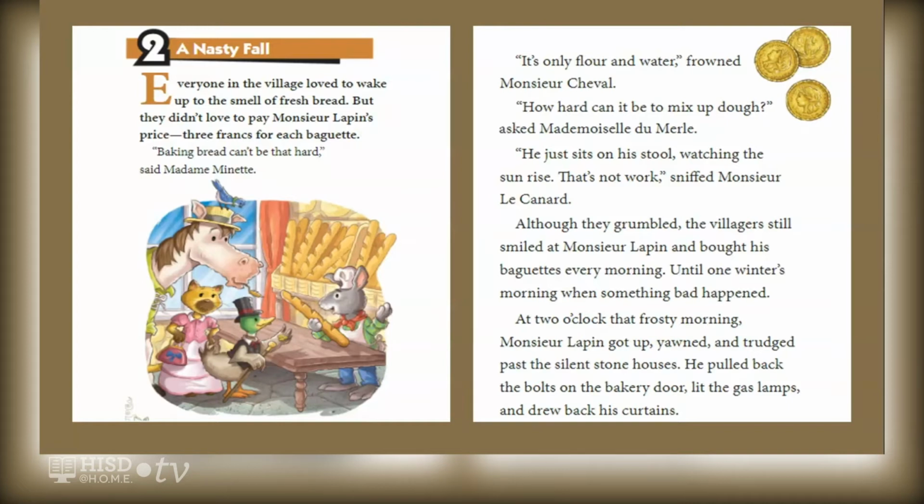"Baking bread can't be that hard," said Madame Minette. "It's only flour and water," frowned Monsieur Cheval. "How hard can it be to mix up dough?" asked Mademoiselle Dumel. "He just sits on his stool, watching the sun rise." "That's not work," sniffed Monsieur Le Canard. Although they grumbled, the villagers still smiled at Monsieur Lapin and bought his baguettes every morning, until one winter's morning